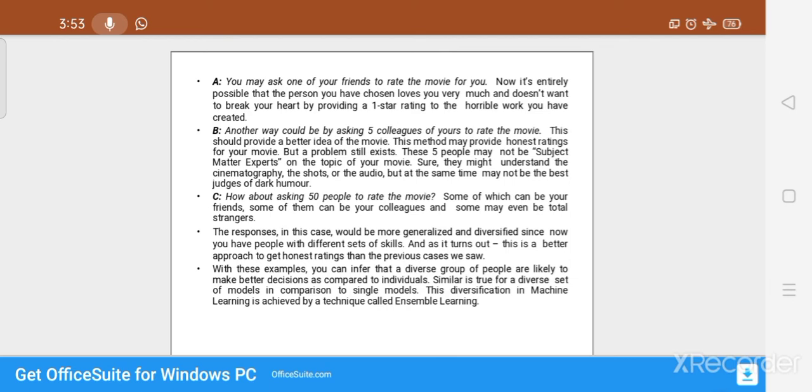Another way is you can ask 5 colleagues of yours to rate your movie. This should provide a better idea of the movie, and may provide an honest rating, but a problem still exists. These 5 people may not be subject matter experts on the topic of your movie. Sure, they might understand the cinematography, the shots or the audio, but at the same time may not be the best judge of dark humor,